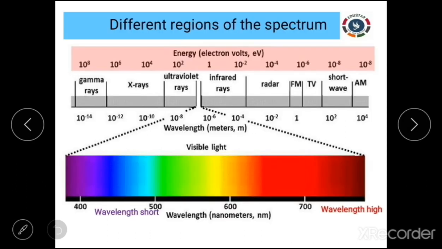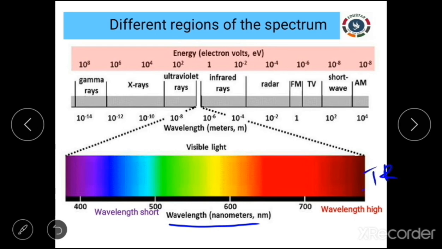Now you are seeing the spectrum of electromagnetic radiation. What is a spectrum? A spectrum is nothing but the dispersion of light by a spectrometer. Only a portion of the electromagnetic spectrum is visible to our eyes. The portion visible to our eyes is called the visible spectrum. It generally lies at wavelengths of the order of 10 to the power of minus 9 meters, that is, nanometers. Beyond the red color we can see the IR rays.